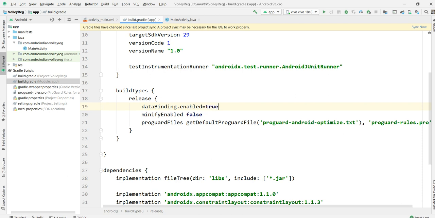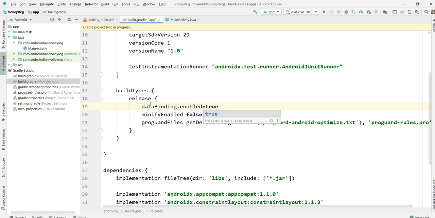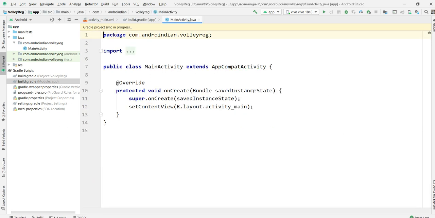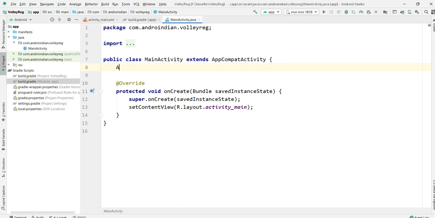Once this data binding is applied, then the UI is ready. Once the Gradle build is done, here we can add the data binding.